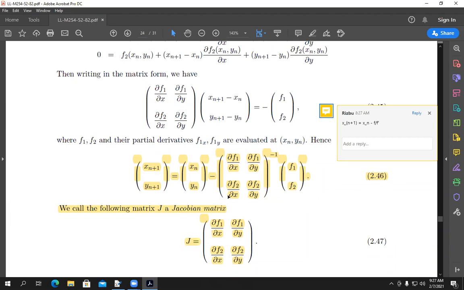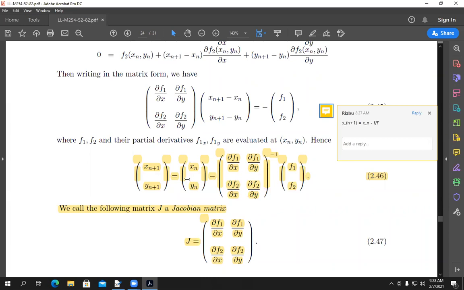Then you take it in the denominator, then I took it up, and when taken up, it becomes the inverse. That means you need to find the Jacobian matrix of partial derivatives, and then take the inverse of that. You can easily find the inverse of a 2 by 2 matrix, one of the simplest cases. If you have a 3 by 3 or 4 by 4 matrix, the inverse becomes difficult, but 2 by 2 is very simple. Therefore, we use a system of 2 nonlinear equations here. You multiply this together,